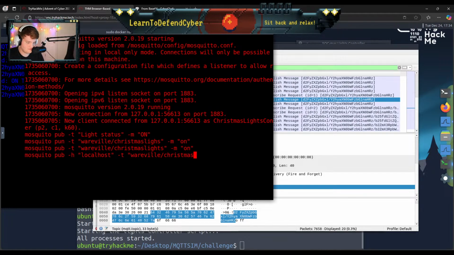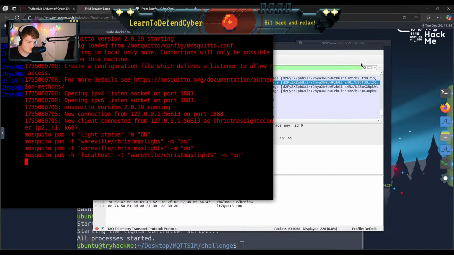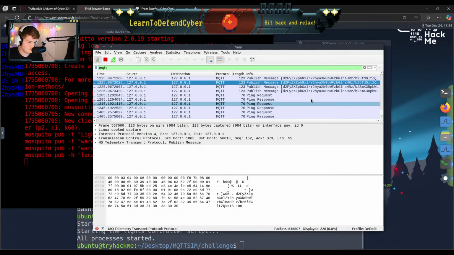Christmas lights with the message on. Did that do anything? No, we might just need to do this from an actual shell. Did that do anything? No.